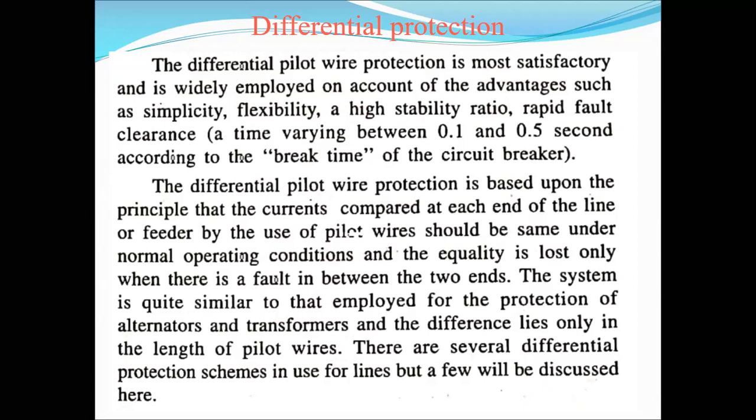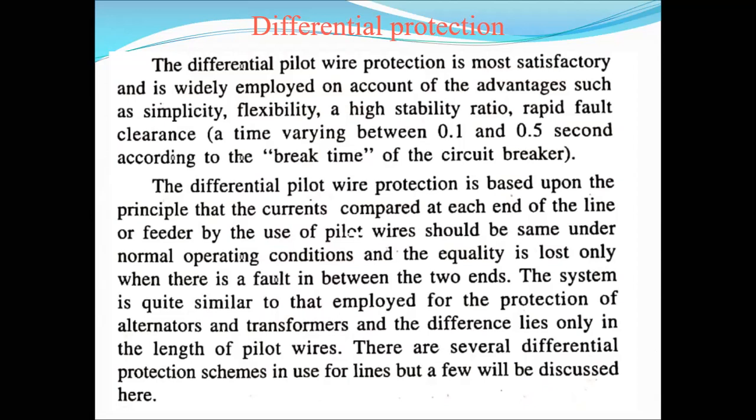What is the differential protection? Differential protection means the algebraic sum of the two CT currents. At both ends of this protective system, we connect the two CTs. Normally those CTs are identical to each other, with no difference between them. Therefore, under normal operating conditions, the algebraic sum of the currents is equal to 0.